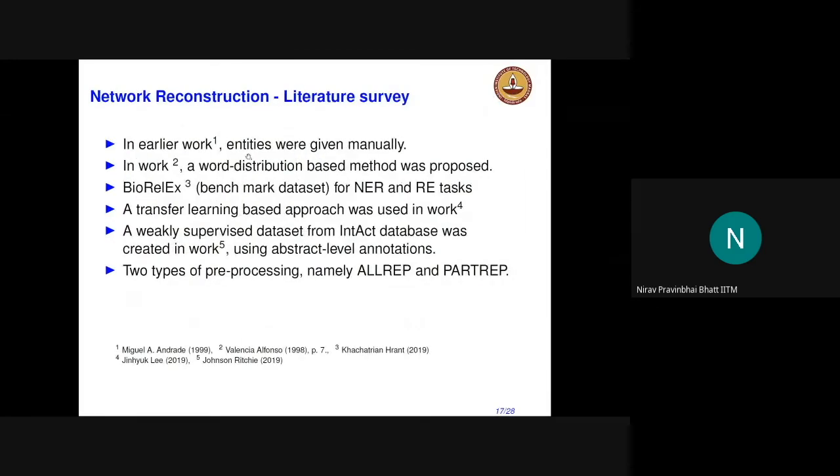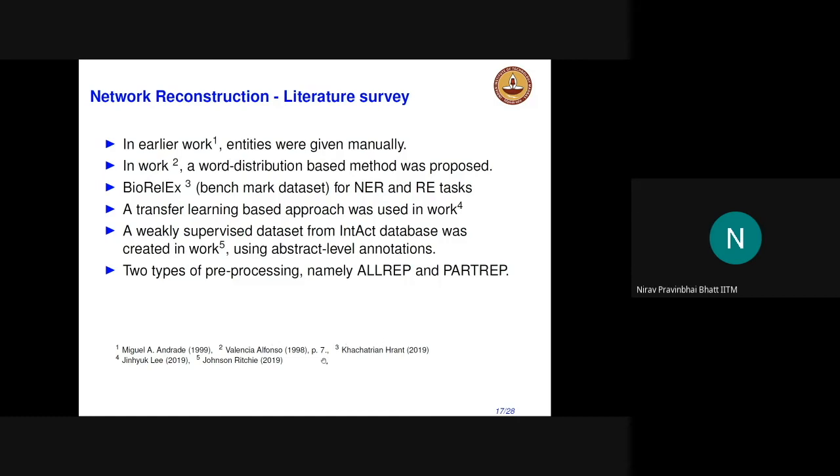There is a bunch of work that has been done in NER and RE tasks. It's quite widely been done. Articles from 1999, 1998 are more about expert systems rather than what I call machine learning systems, where they have hard-coded rules to extract the data. It worked well at the time, but as the corpus increases, these rules sometimes become redundant, or they cannot accurately predict the relationship in the sentence.